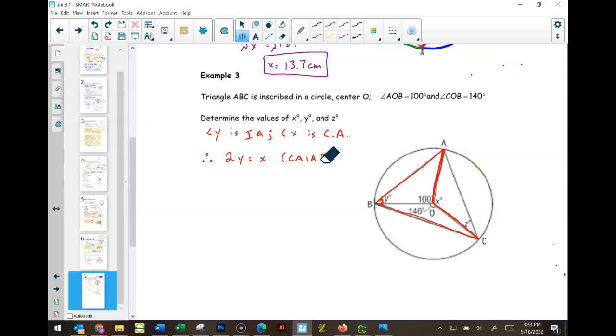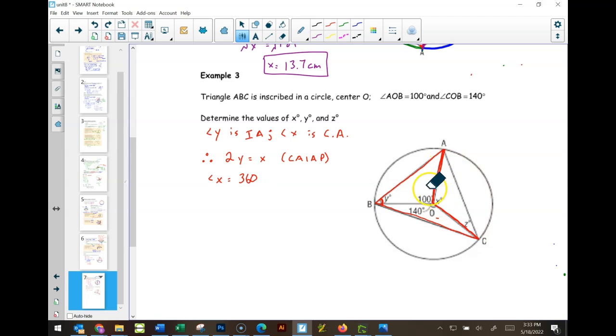Now, do we know what x is at this point? No, we don't. But this question becomes a lot easier once we understand that if we either have y or if we have x, we now have enough information to solve the entire triangle. So I think we said that angle x has to be 360 degrees minus the other two, and that holds true. That's pretty obvious, that's just a circle there. So angle x